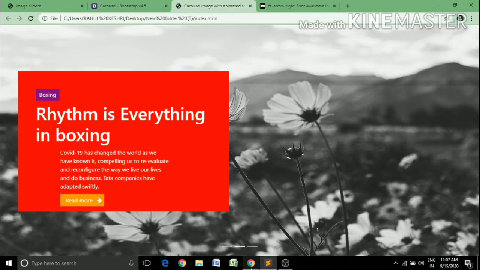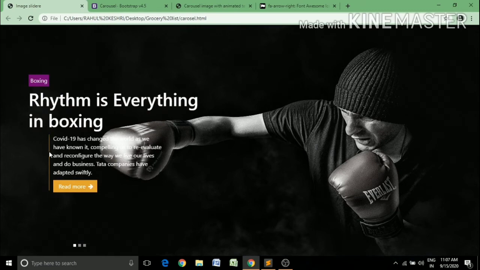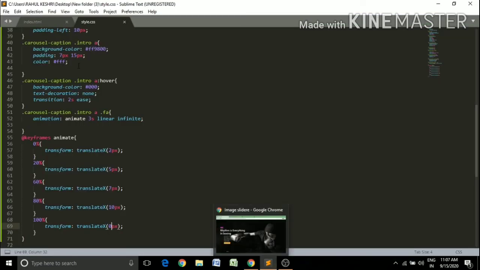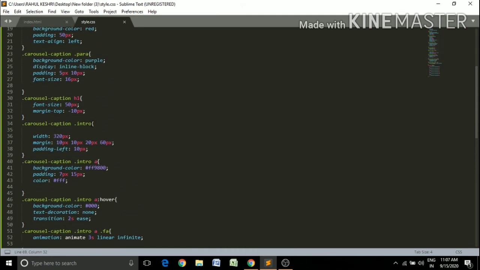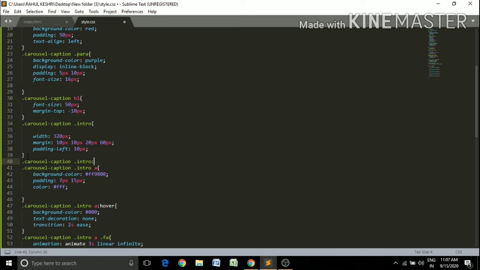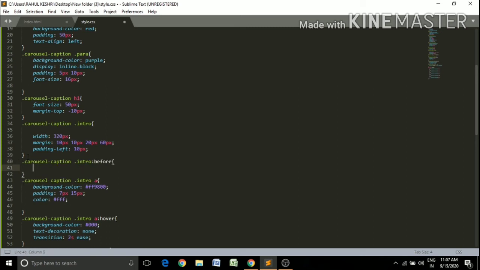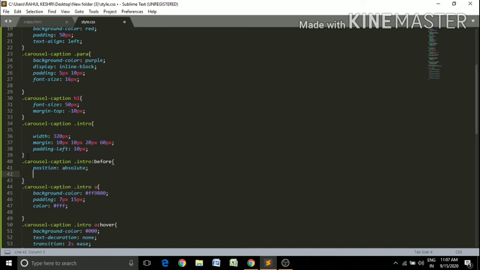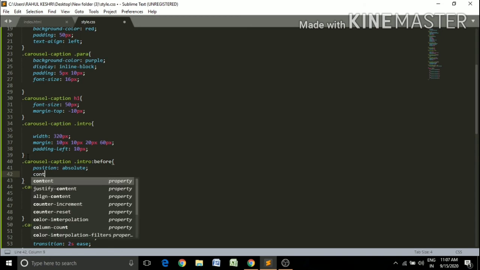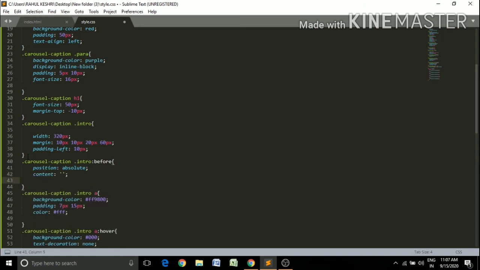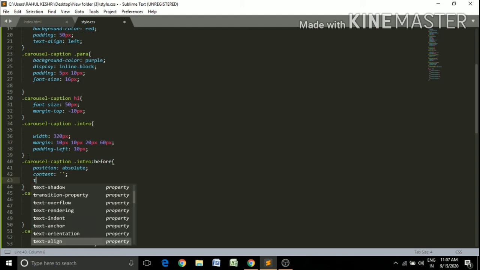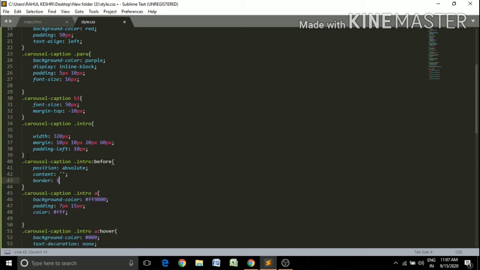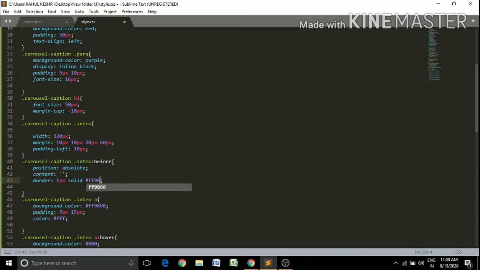Now we want to make this border left. Go to the intro, using the before property, position absolute, content none, border 1 pixel solid, with border color hashtag #FF9800.